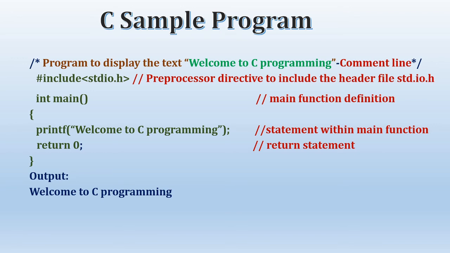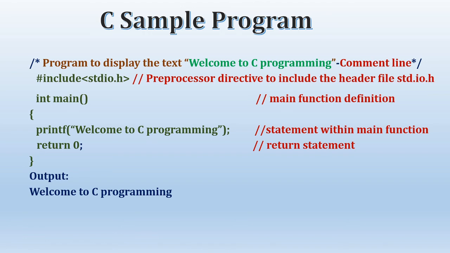After writing the preprocessor directive or including your header files, we switch to main. So main is a function. First we need to have its return type. So the return type of main is int, and then the name of the function, which is main. Main is a word which has to be written in a C program. You cannot have any other user defined name. So it's a function which has to be in the program.